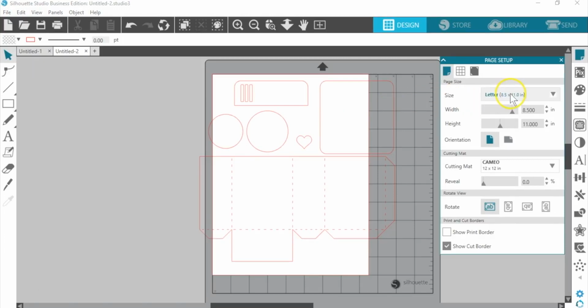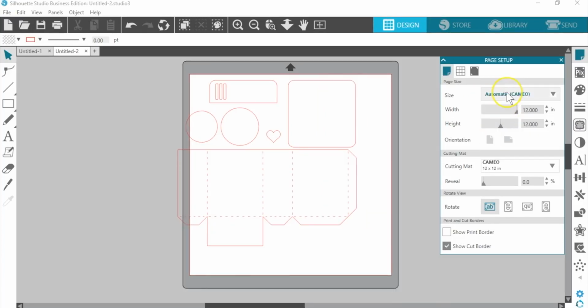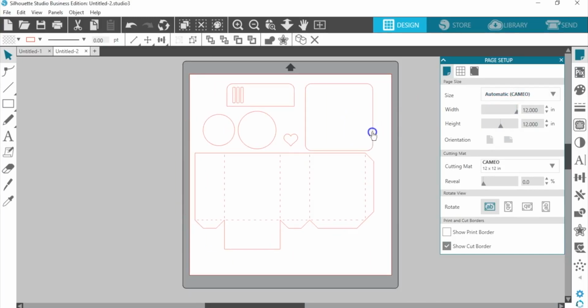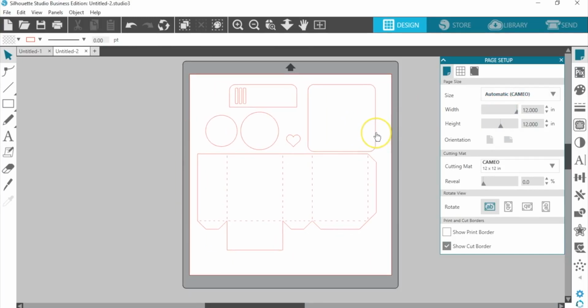I'm going to reset my design page to fill my full Cameo mat. So I'm going to choose the Cameo choice. That way I can see as much as possible. And if you are working with a smaller machine, you can just move your design off to the side while you're working.